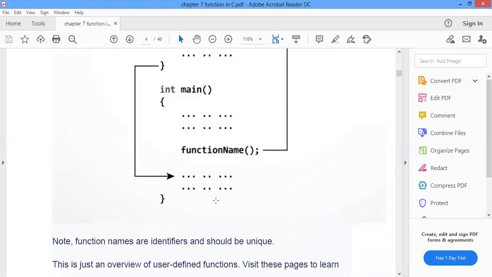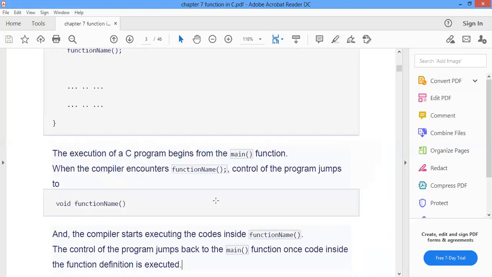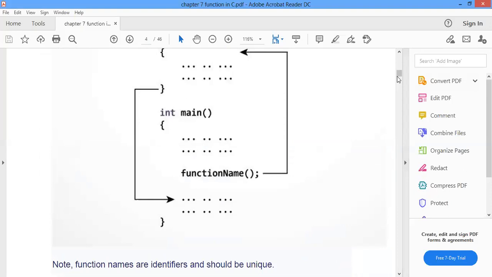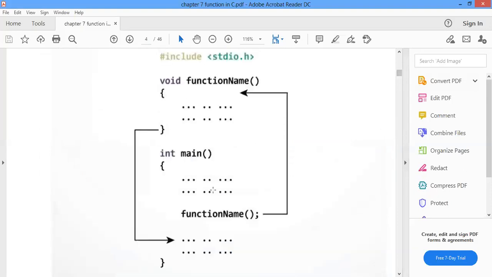User defined function: you can see from the screen that whenever you call a function, the compiler will directly jump to that function. Whenever you call some function, the compiler will jump to that function and execute the logic that you have written inside it.